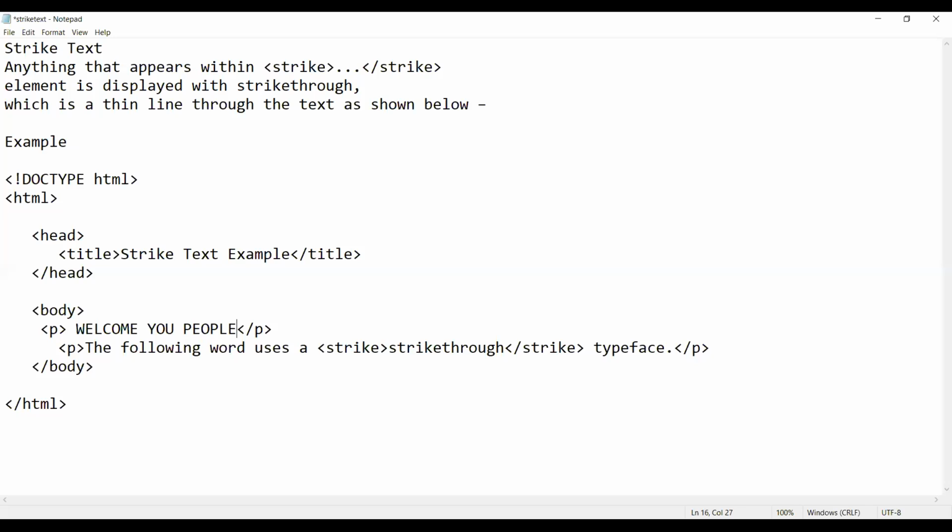Welcome you people. This text, I'm adding the bold tag. Carefully listen: B. Always use small letters for tags. Within the bold tag you write some information: welcome you people.